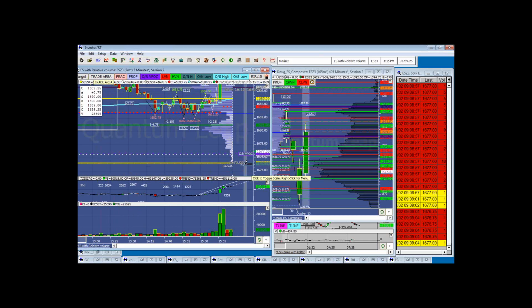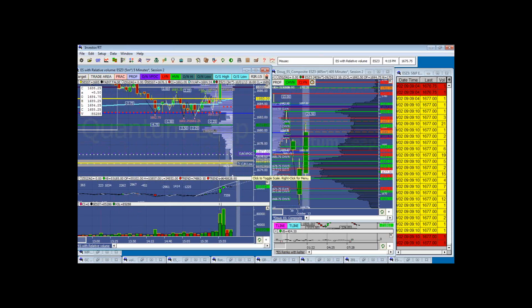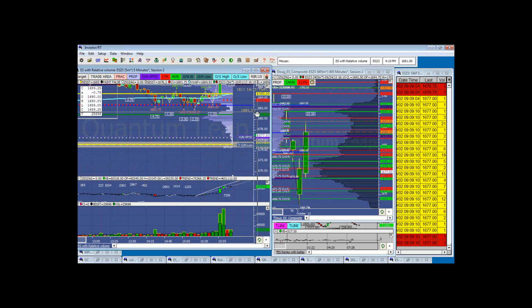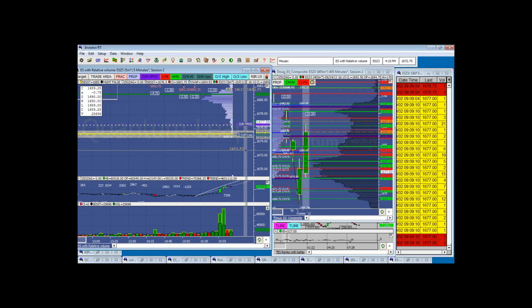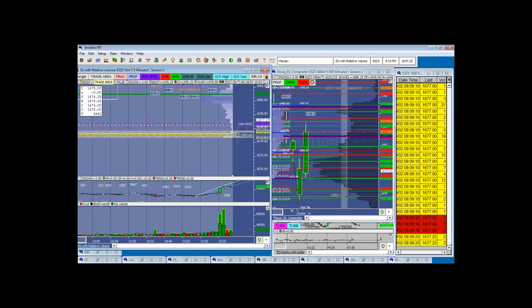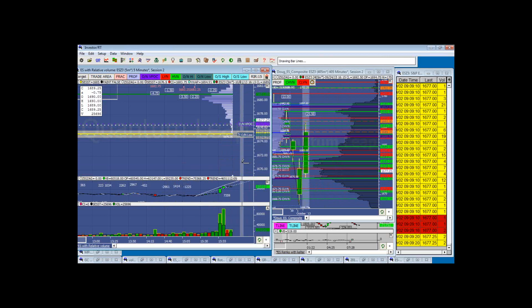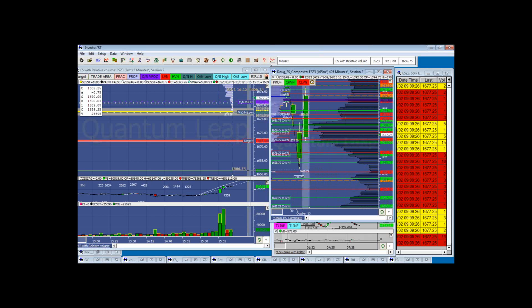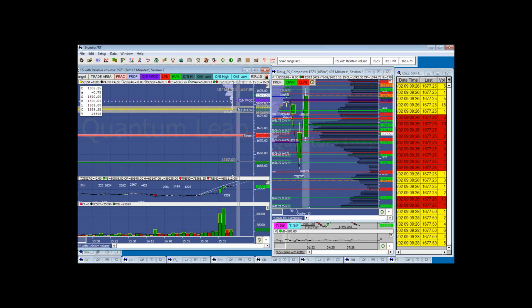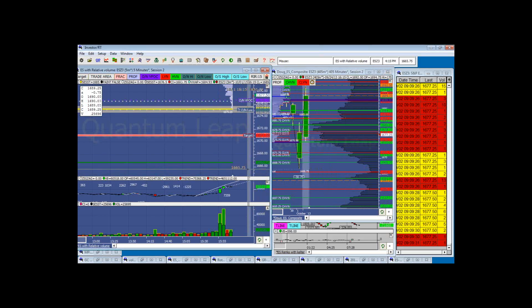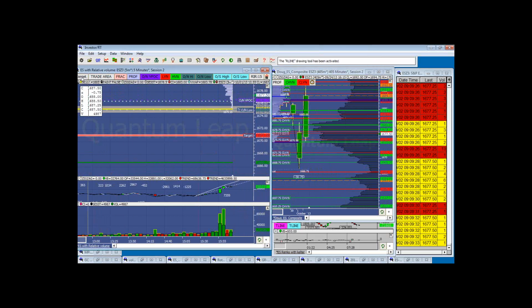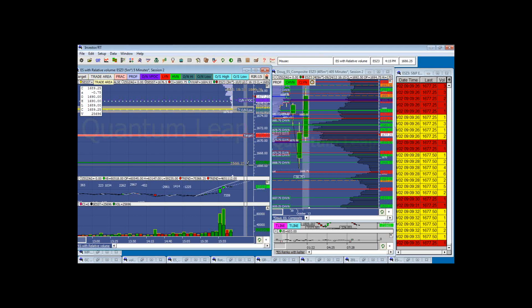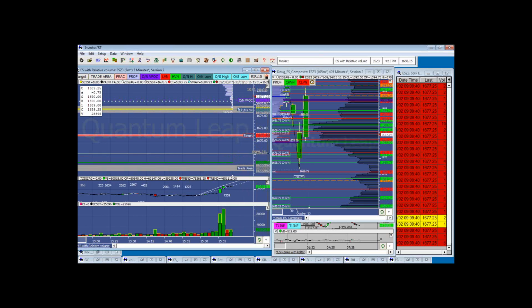So my trade area is I am going to trade off of the 75. If we break down below it, then I'd be looking for a rotation down, and first target below is going to be that 71 CHVN. And then below that, we've got the 66.75, which was our low from the other day, and the 65.75 would be the first area of support I'm looking for, and I'll be trading off of that level between the 65.75 and the 66.75.